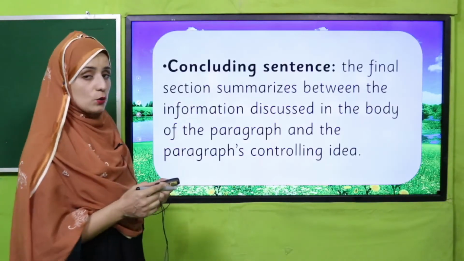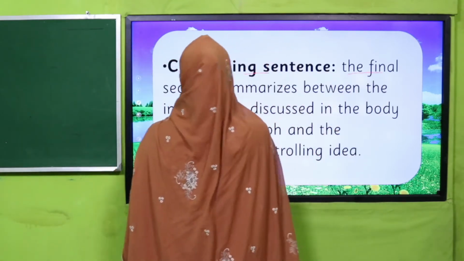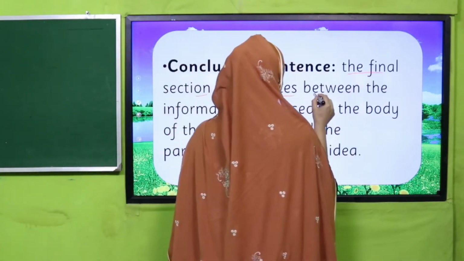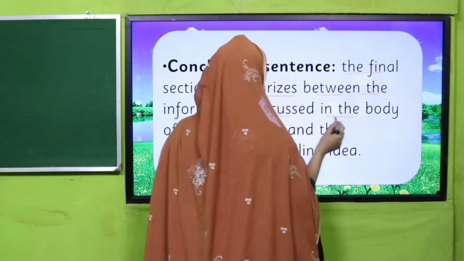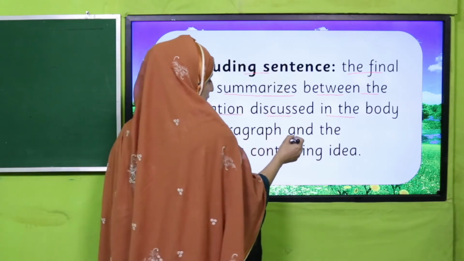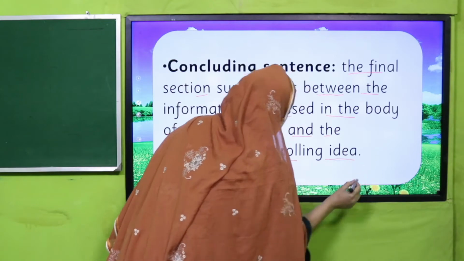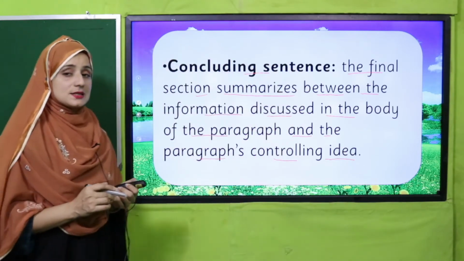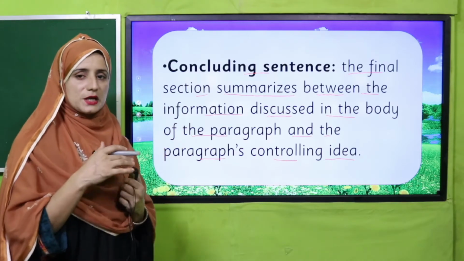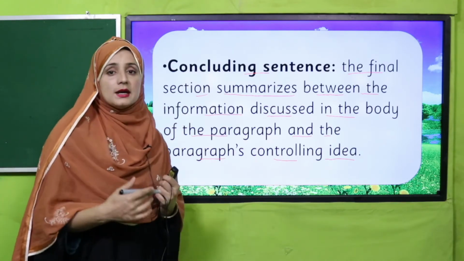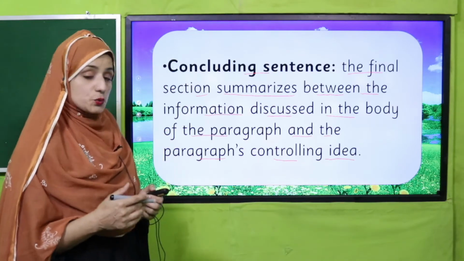Let's see what our concluding sentence is. The final section summarizes the information discussed in the body of the paragraph and the paragraph's controlling idea. The last sentence will collect all the information discussed in the supporting details in the second section, how it is organized, and how it supports the main idea.